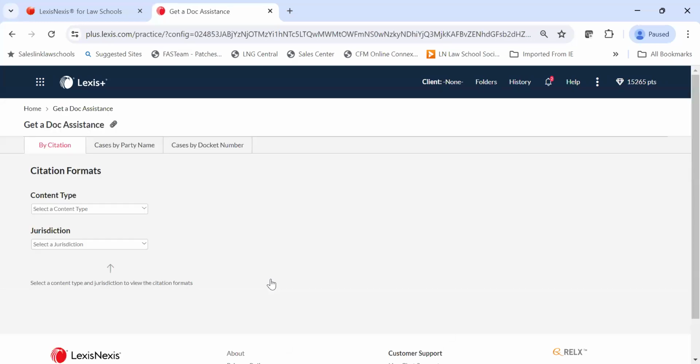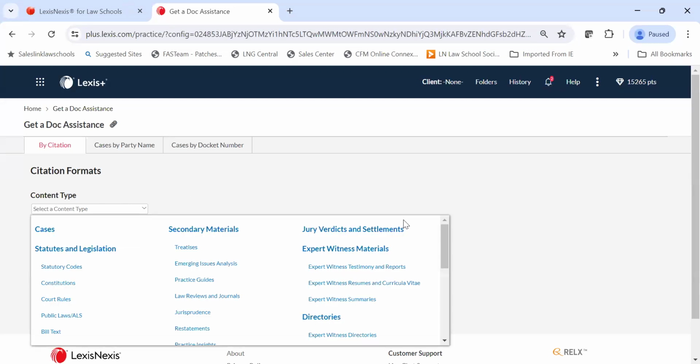So our example is our author discusses Arizona regulations on the definition of childcare under the state's Child Care Resource and Referral System in the text of the article, and cites to the state's administrative code as Arizona Ad Code R6-5-5001 in the footnote. So we went to tools and then went to Get a Doc Assistance, and we know, okay, from here what our content is,